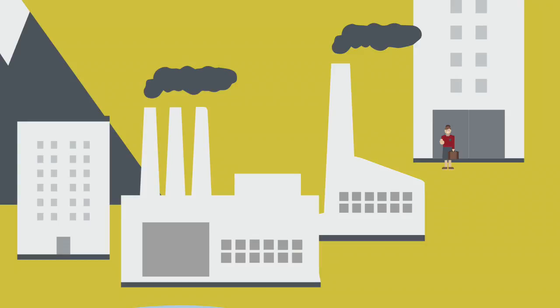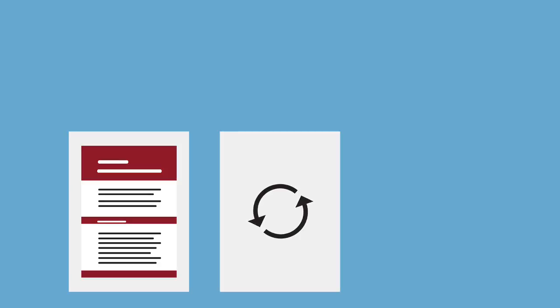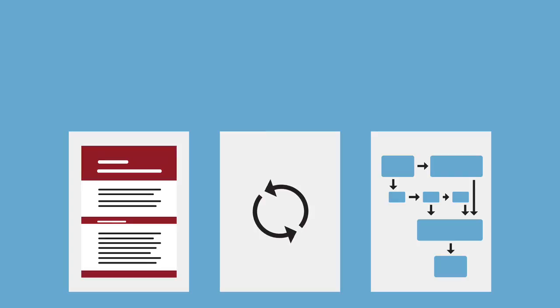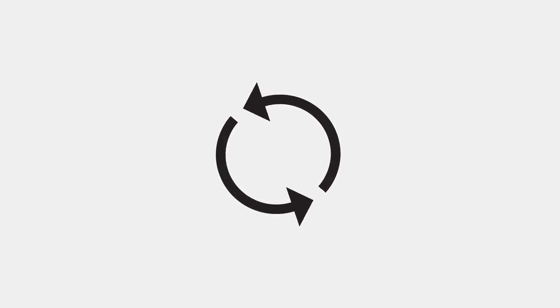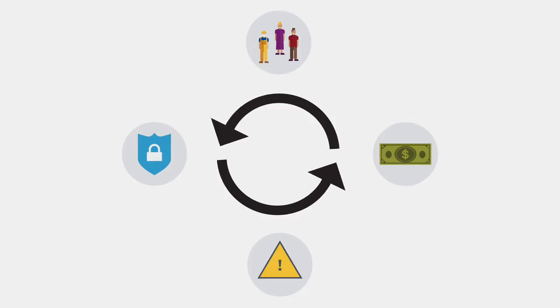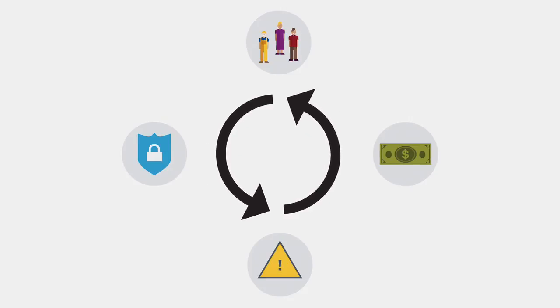In order to know and show that they respect human rights, businesses should have in place a policy commitment to respect human rights, an ongoing process of human rights due diligence, and processes to enable the remediation of business-related human rights harms. Human rights due diligence needs to cover different types of adverse impacts on all internationally recognized human rights.